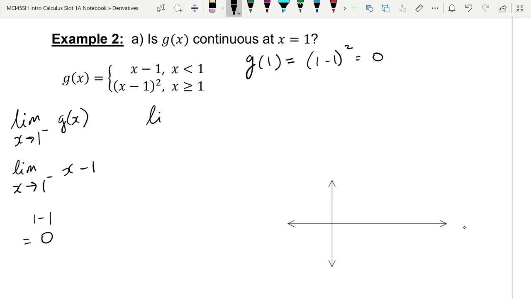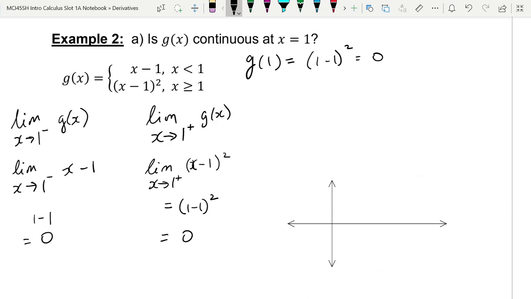And then the limit as x approaches 1 from the right of g of x. Okay, if I'm bigger than 1, according to this equation here, I am in this function again. So the limit as x approaches 1 from the right is going to be 1 minus 1 squared, which is, oops, sorry, hang on, I meant to put an x here. Then I'll plug in the 1. There we go. And these three things agree with each other. So now I can make the conclusion, therefore, g of x,